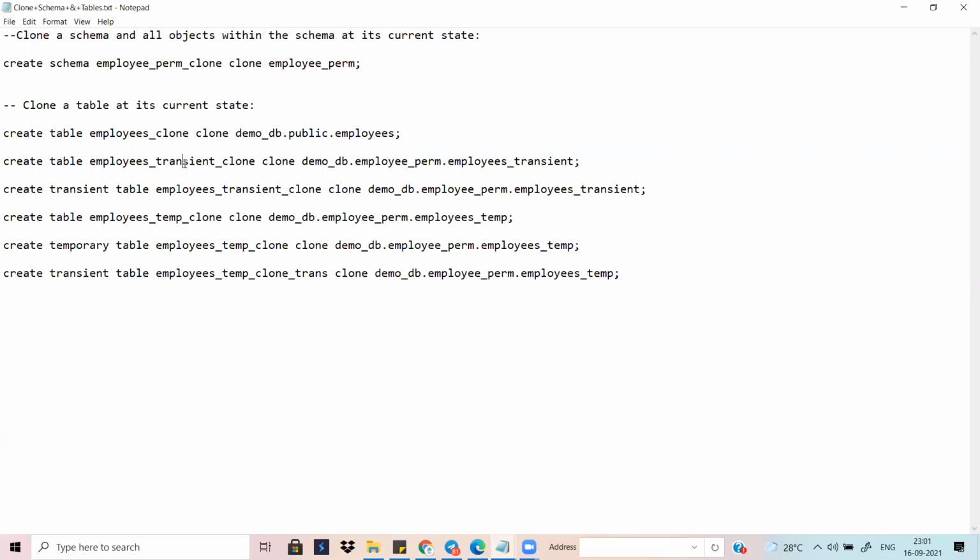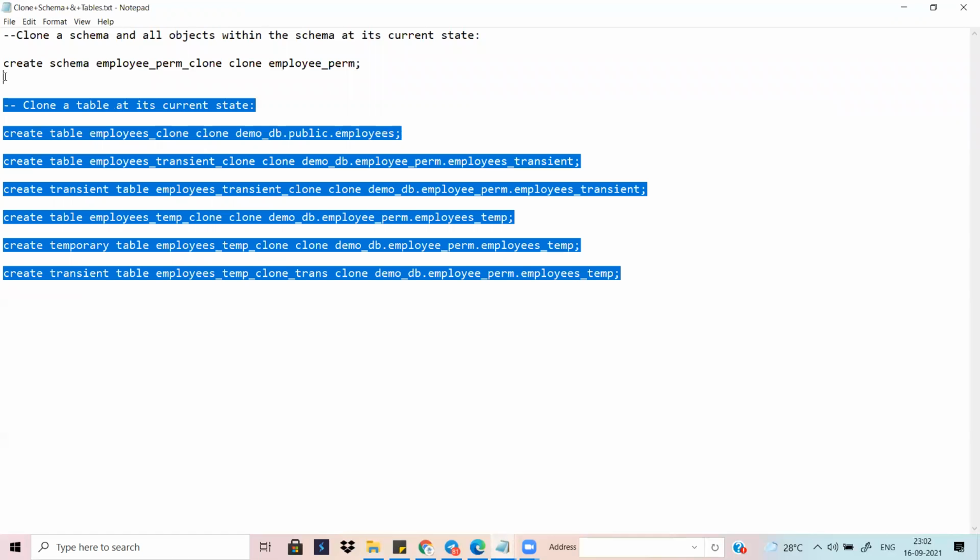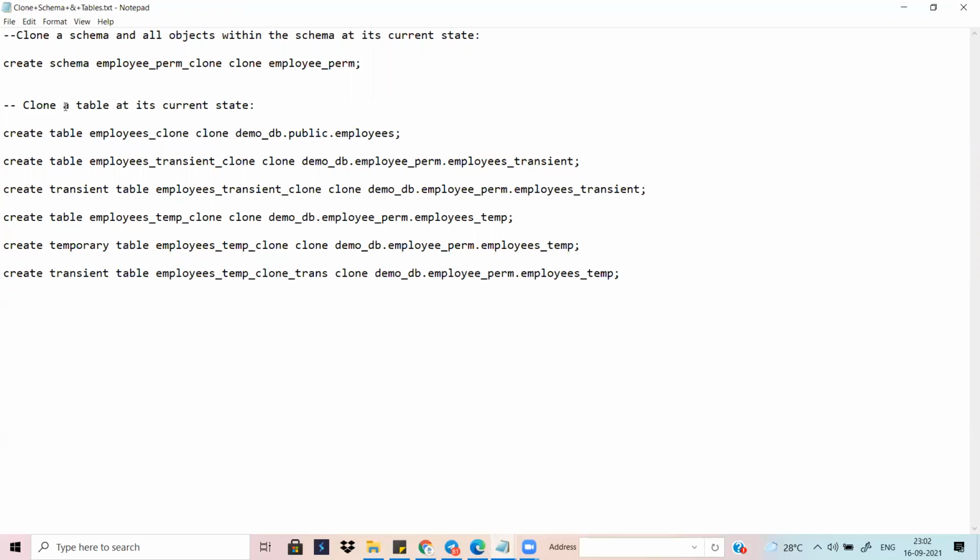You can clone transient tables, whatever table you want. If it is a schema, create or replace schema, clone and put the schema name. So this is the cloning process. If you are creating a sample modeling concept, you can simply copy by cloning and reuse that.